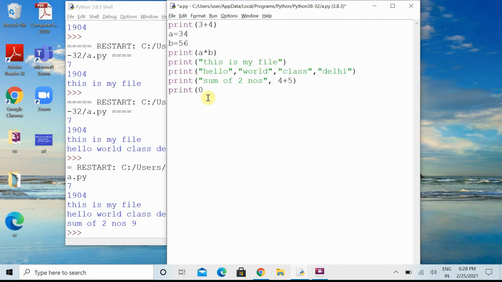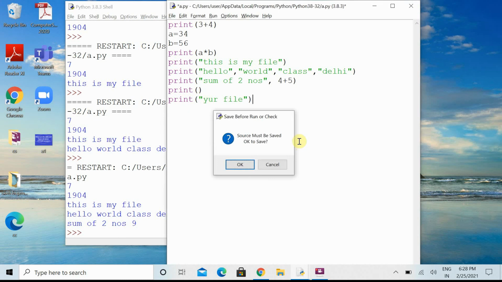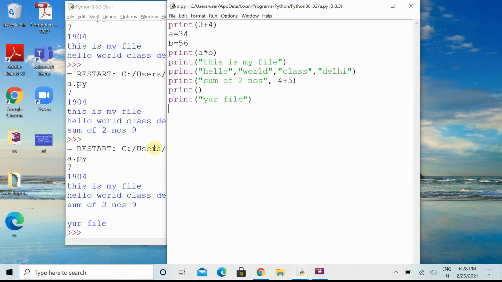If I am not writing anything in the print function, you can leave it as it is in your file. If you write something incorrect, it will print the incorrect thing on the screen also. If I write nothing, it will create a blank line for us. We can enclose whatever we write in single quotes. We discussed earlier that if you start with a single quote, you have to end with a single quote, and if you start with double quotes, you have to end with double quotes.